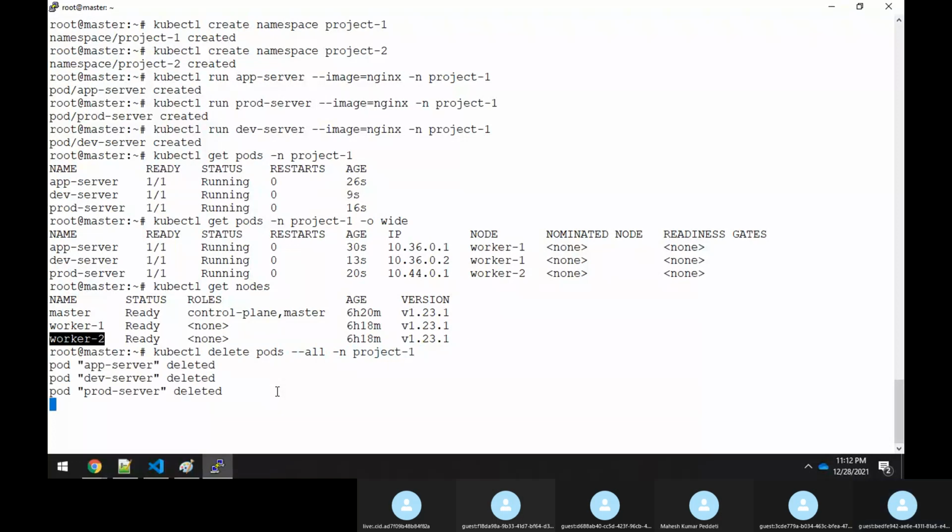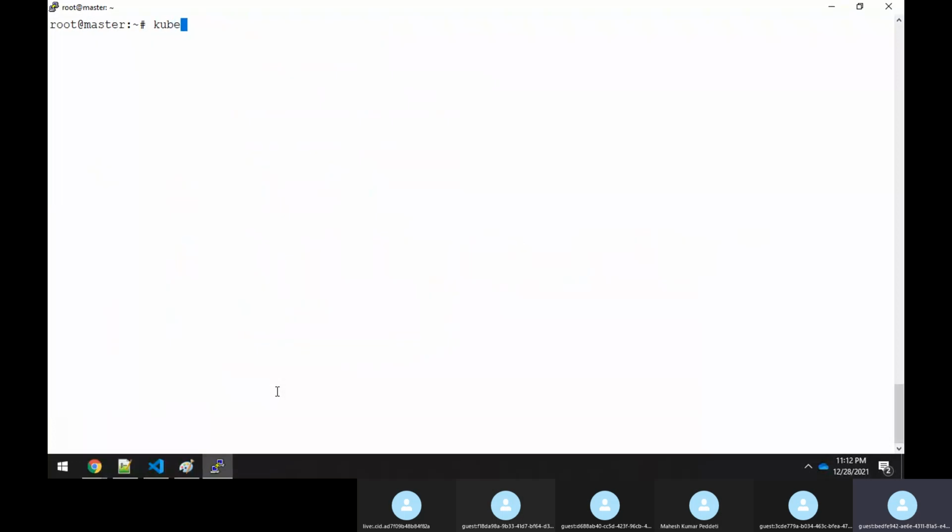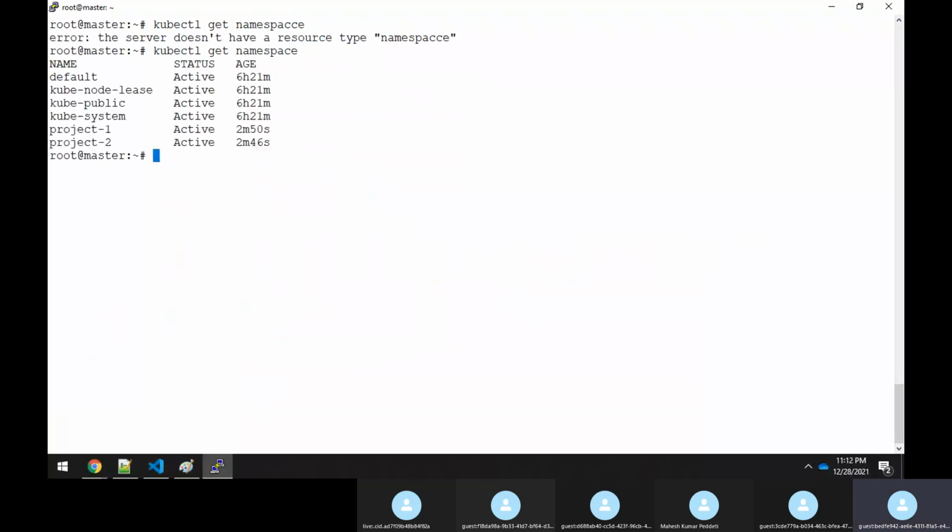Now let me see what namespaces I have. kubectl get namespace. We already created two namespaces, project1 and project2. Now I have a label also.